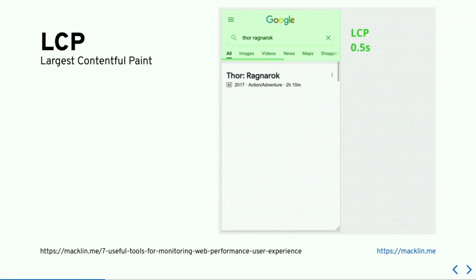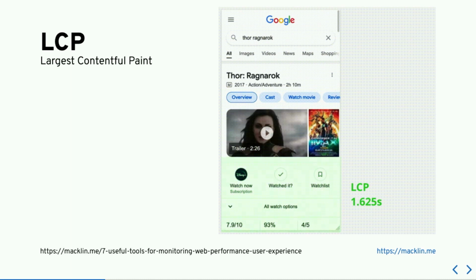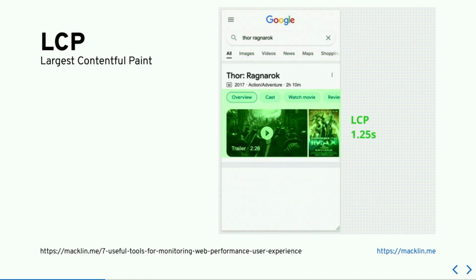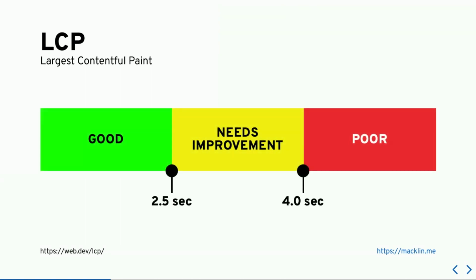So going back to the original example here, you can see that the largest contentful paint, we're tracking that as it goes down the page. It's actually debatable whether it's that video trailer in the middle or it's the content of the search result below, but it'll be tracking, I guess, the largest thing on the screen, and that's when that metric's actually recorded. So for this one, the working group says that ideally this is under 2.5 seconds, and anything over 4 seconds is too long, needs improvement.